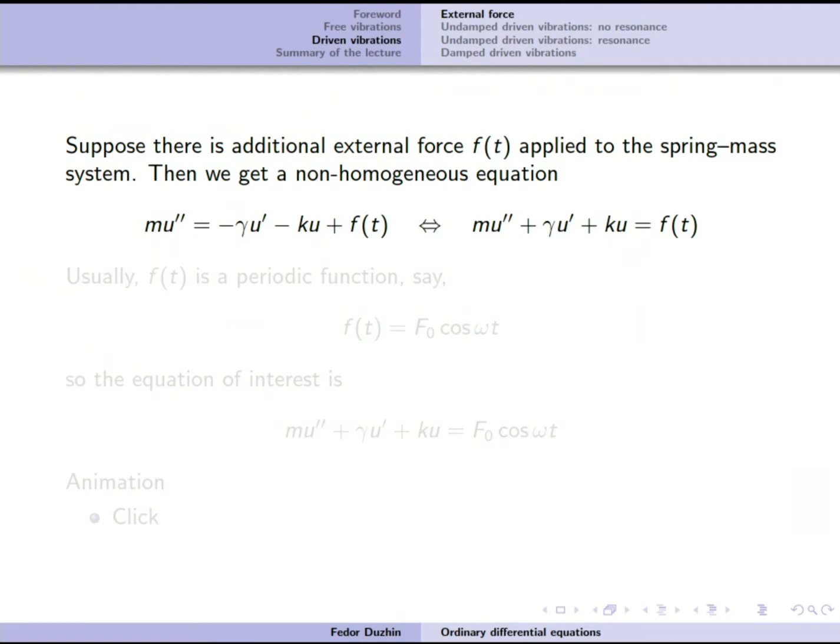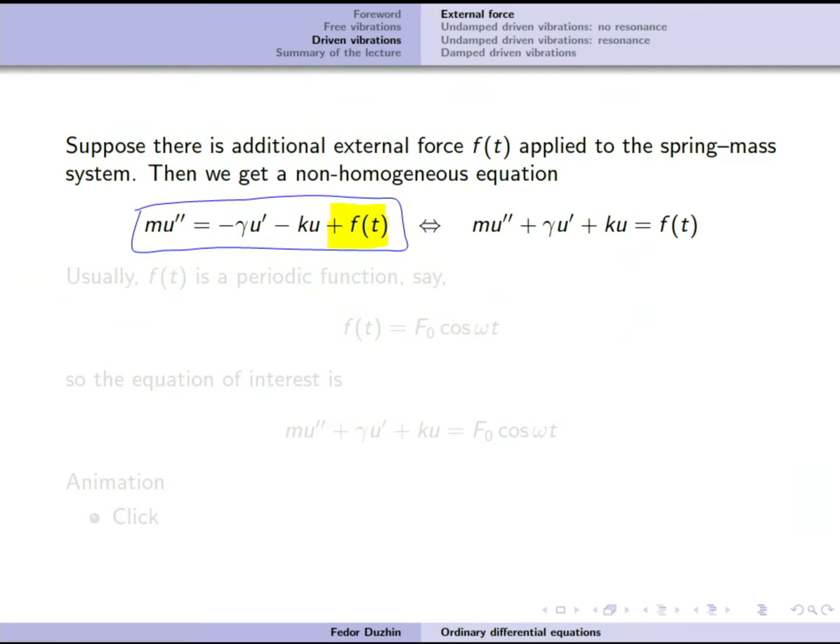Suppose that now we have some additional external force applied to the spring mass system. Then this external force is accounted for by an extra term in the equation, plus f of t. And remember that this whole equation, in this form, is still